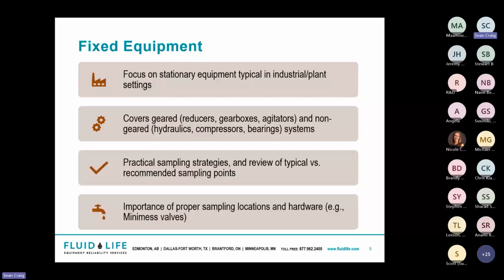These things can be found inside under a roof or, depending on what it is, outside in the elements all the time. Nonetheless, the common thing is that they don't tend to move. They tend to be just stuck in place. So with fixed equipment in mind, we'll start by covering typical recommended sampling points and some general strategies you can